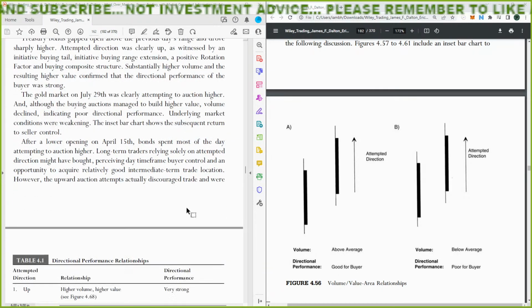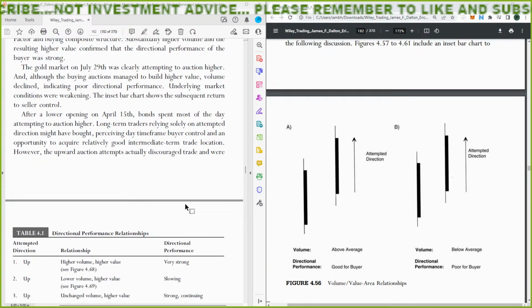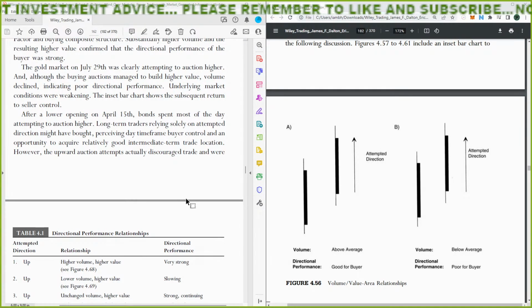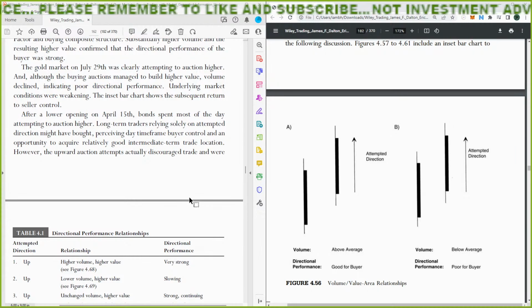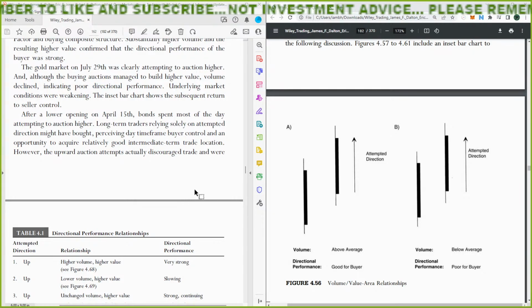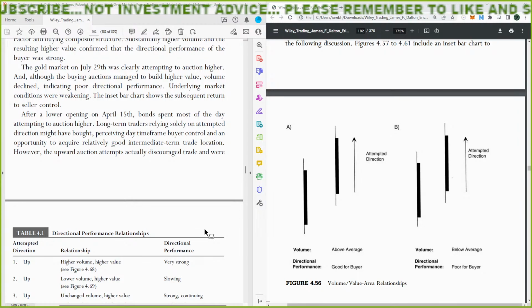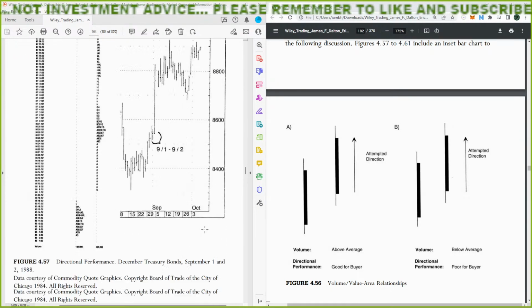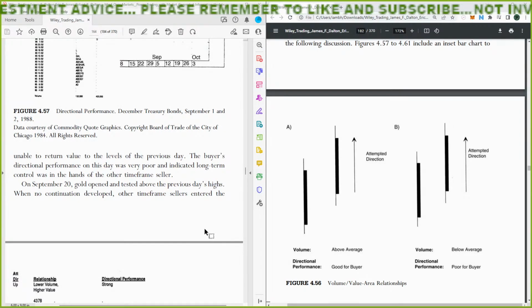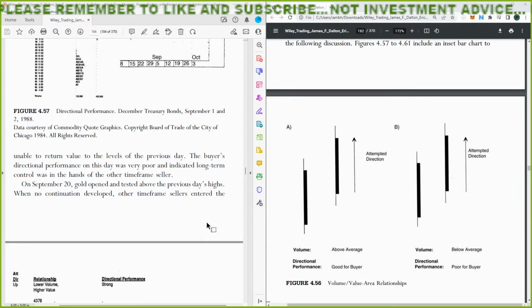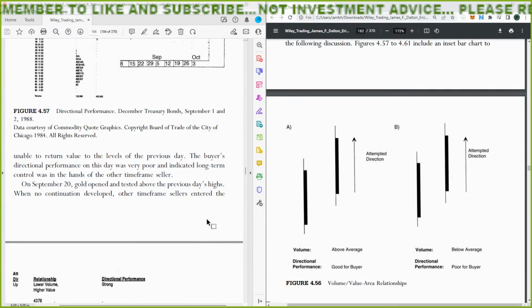After a lower opening on April 15th, bonds spent most of the day attempting to auction higher. Long-term traders relying solely on attempted direction might have bought, perceiving day time frame buyer control and an opportunity to acquire a relatively good intermediate term trade location. However, the upward auction attempts actually discouraged trade and were unable to return the value to the levels of the previous day. The buyer's directional performance on this day was very poor and indicated long-term control was in the hands of the other